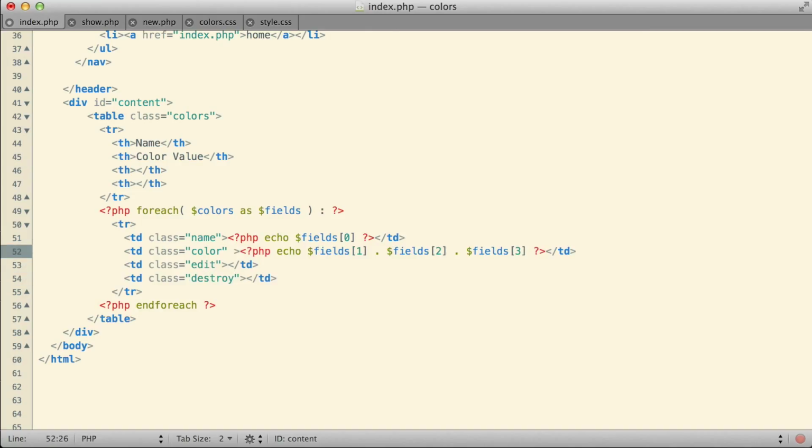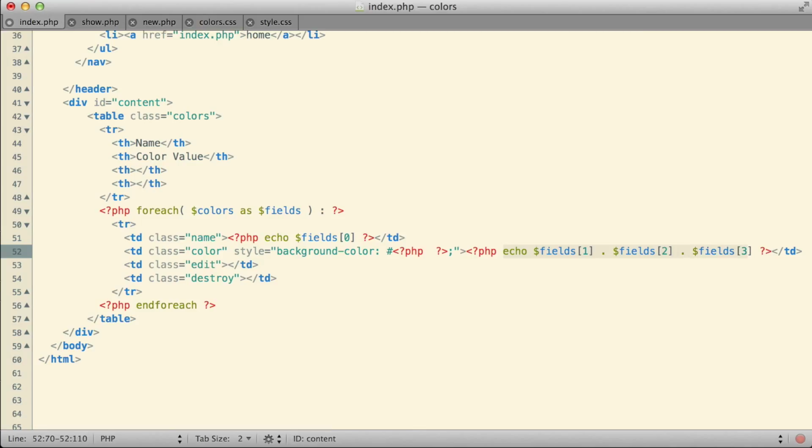All right, so that is the basic idea. And just to jazz things up a little bit, here on my actual color field, let me go ahead and actually make the background color of that field the background color itself. So I'm going to do a little bit of inline CSS right here, setting a background color, essentially like this. And I need to insert the color itself right there. The color itself right there, of course, is stored in PHP, so I'm going to need some PHP tags there. And then I generally need the exact same thing that I have over here.